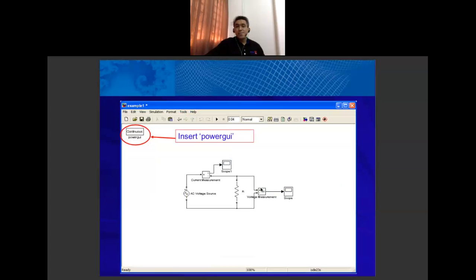Don't forget to insert the powergui. How to find powergui? Just go to the Simulink Library Browser and search for powergui. For the latest MATLAB version, you have to insert powergui before you simulate your circuit. If not, you cannot simulate your circuit.